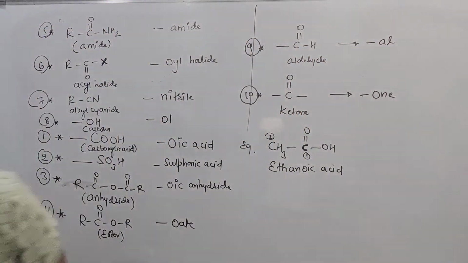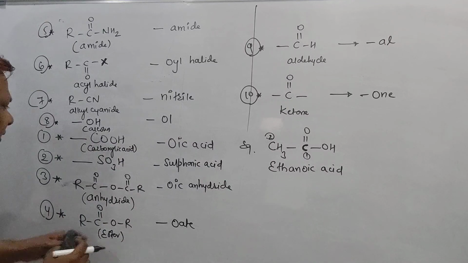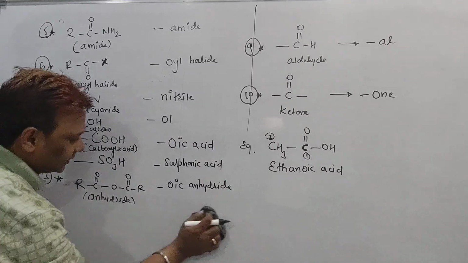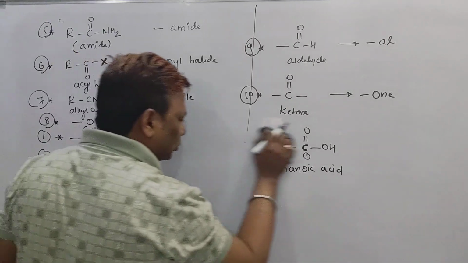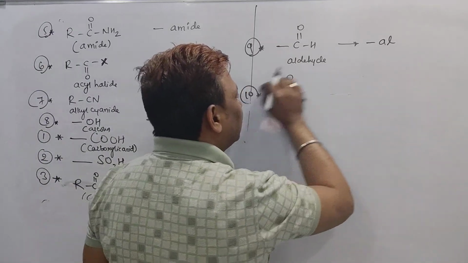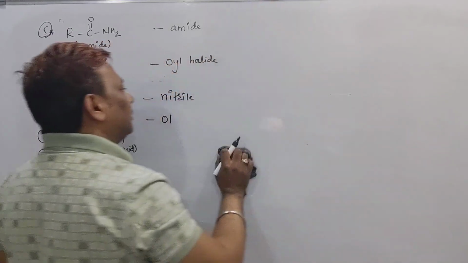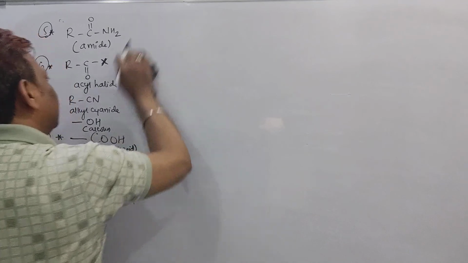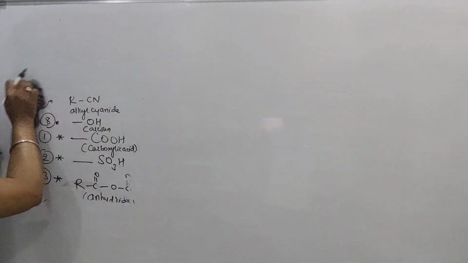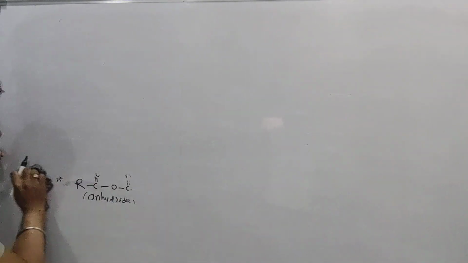I want to give a few examples. Please try to solve the IUPAC naming of these compounds. Just 3-4 examples. Definitely it will help us understand how to write the IUPAC name of the compound. Anyhow, I am going to discuss all the rules, but at present, based on the functional groups, I will show you how to write the IUPAC name of the compound.